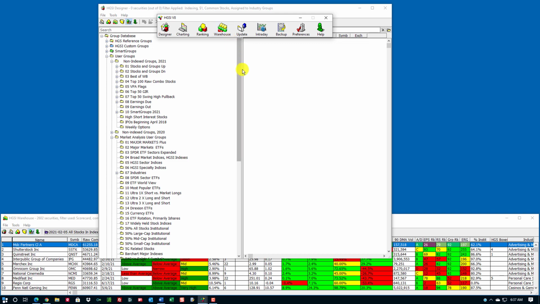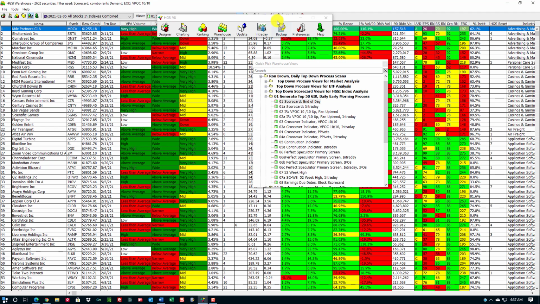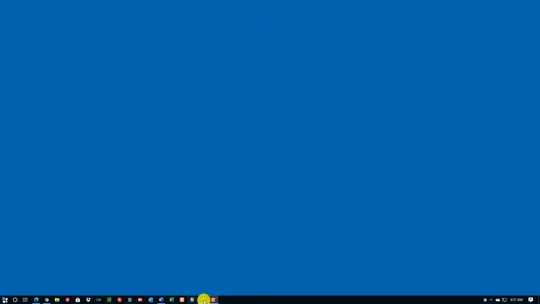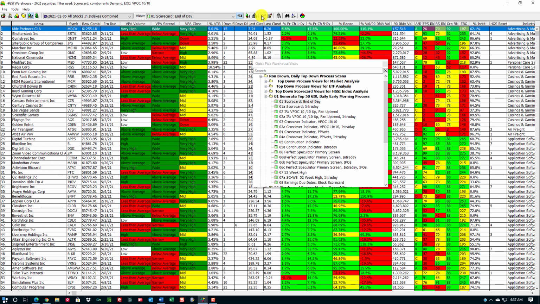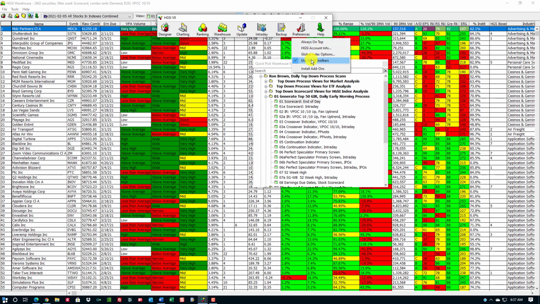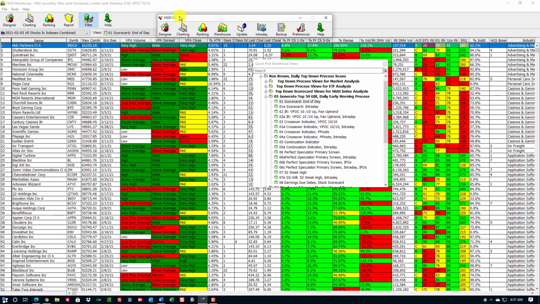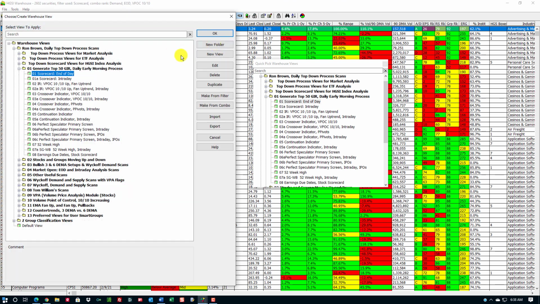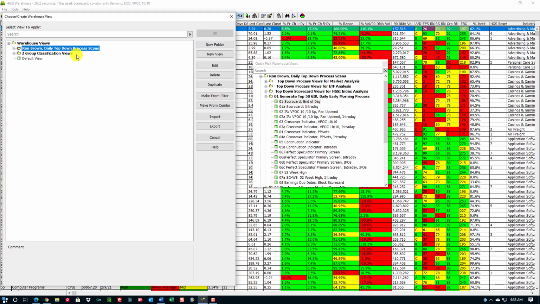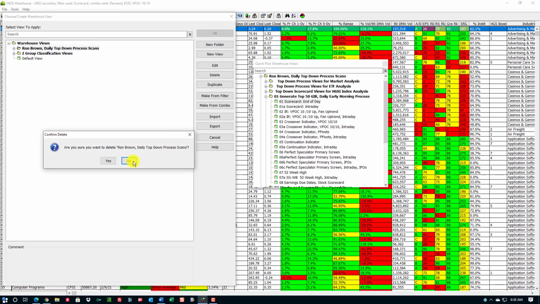So what I'm going to do is bring up the warehouse. Oops, sorry about that. I had that set to always on top. I want to get rid of that. And there is an icon here. It's called Choose Create View. Now I'm using the small icons on the main menu. Preferences, use small toolbar. If you don't, then you get these large toolbars or icons up here, and it just takes up screen space. So use small toolbars. And getting back to this, just locate this, choose Create View, and select Ron Brown Daily Top-Down Process Scans. Delete that,